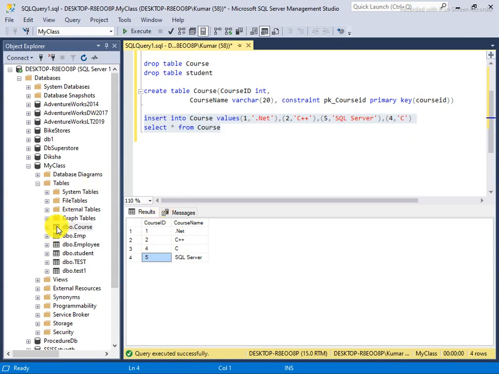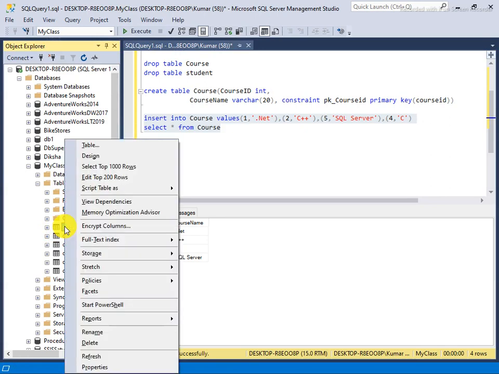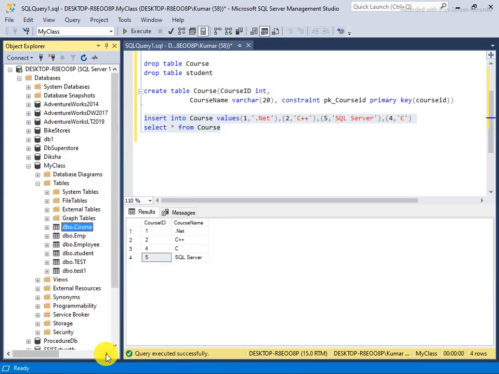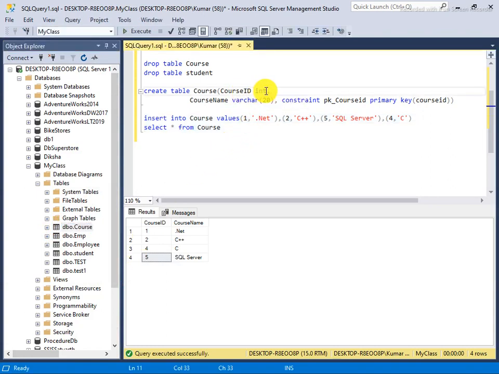And here when you refresh this, you will see that primary keys are always not null. Otherwise, when you make a table, by default for the other columns you have to say not null, otherwise it will accept the null value. So if you want to say course name must not be null, then you have to say not null. But when you are creating a primary key, it is always by default not null. So if you check that, it will show a not null here.